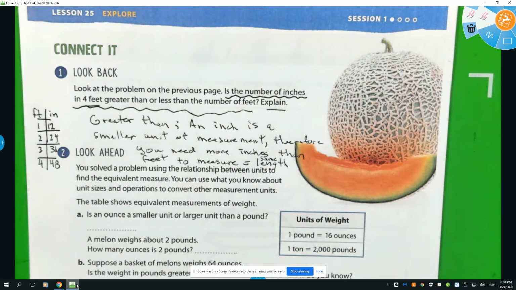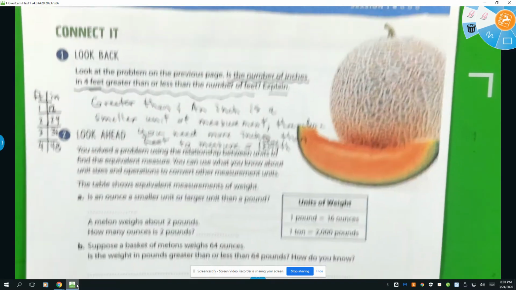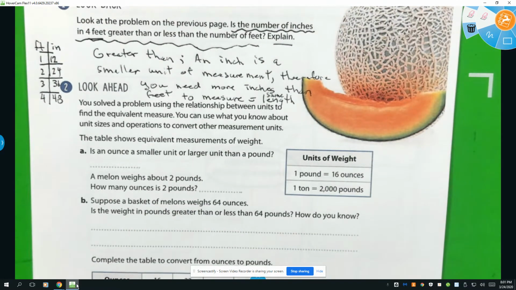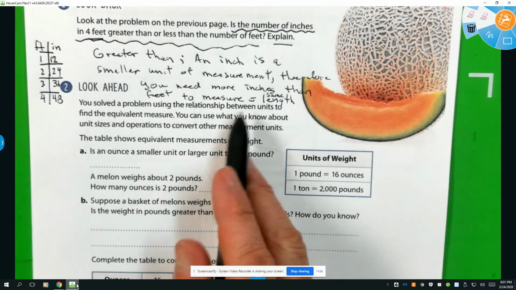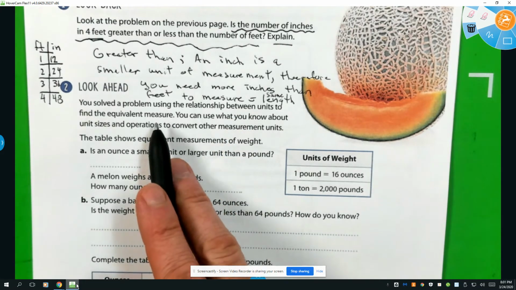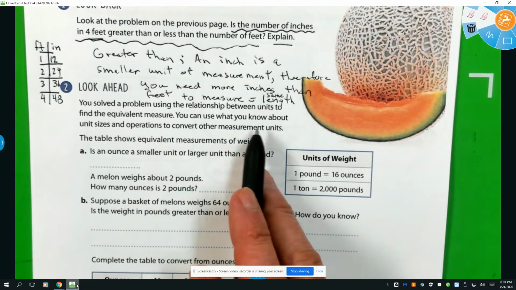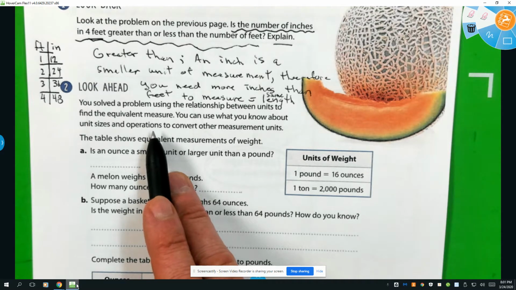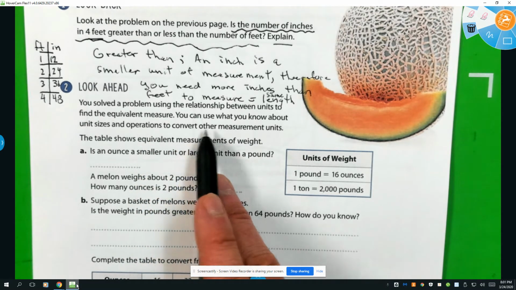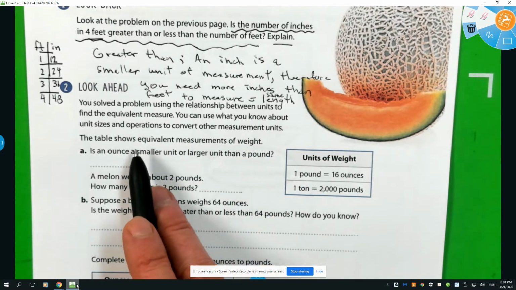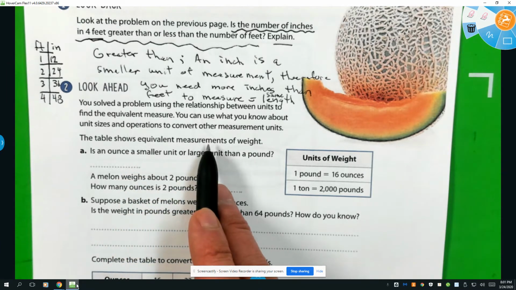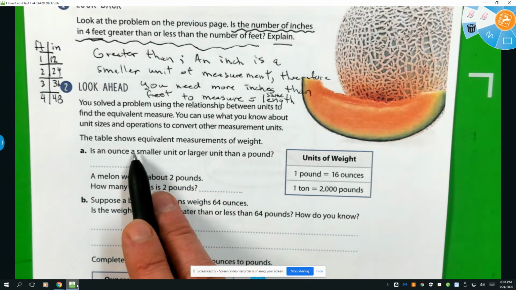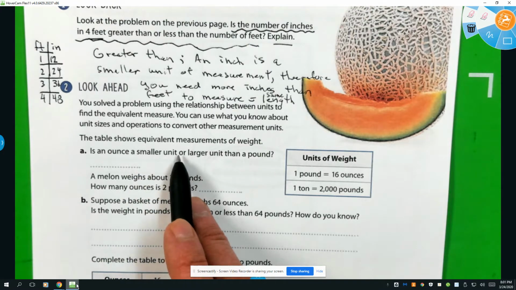Okay, so I apologize about a poorly worded question, but this book is chock full of them. So look ahead. You solved the problem using the relationship between units to find the equivalent measure. You can use what you know about unit sizes and operations to convert other measurement units. The table shows equivalent measures of weight. Is an ounce a smaller unit or larger unit